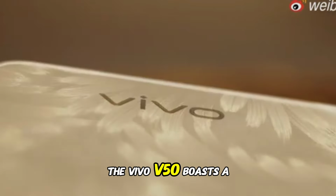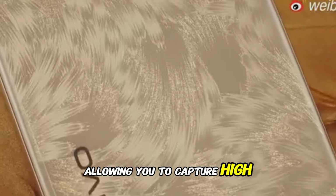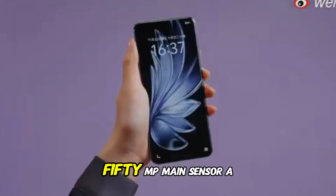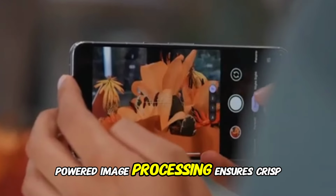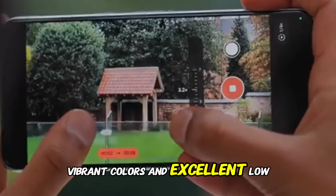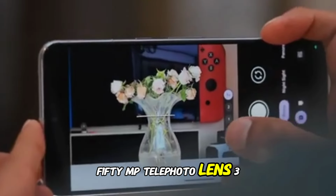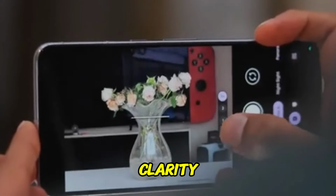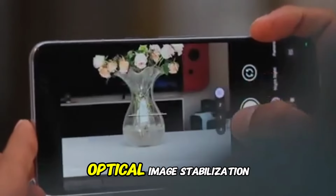The Vivo V50 boasts a flagship-grade triple camera setup, allowing you to capture high-quality photos and videos in any scenario. 50MP main sensor: a large sensor with AI-powered image processing, ensuring crisp details, vibrant colors, and excellent low-light performance. 50MP telephoto lens with 3x optical zoom: capture distant subjects with stunning clarity, thanks to optical zoom and OIS, optical image